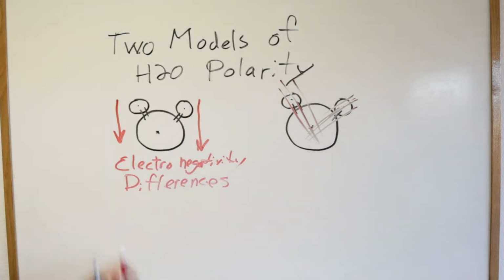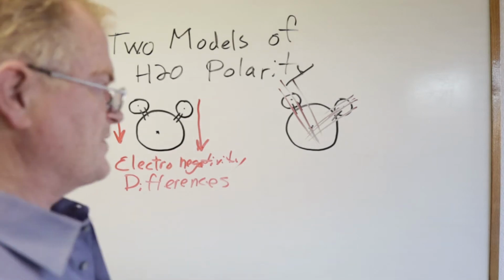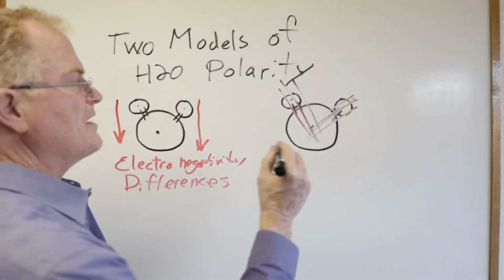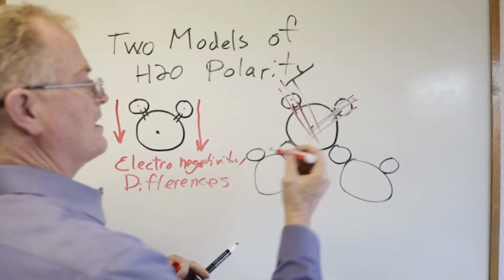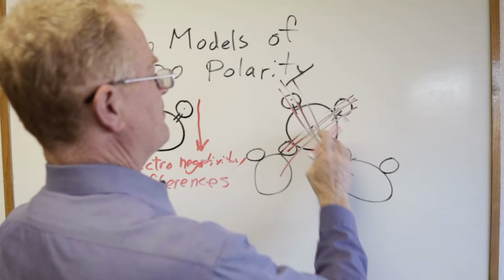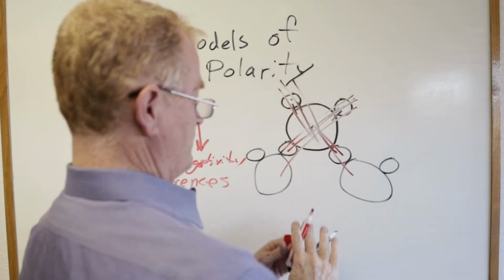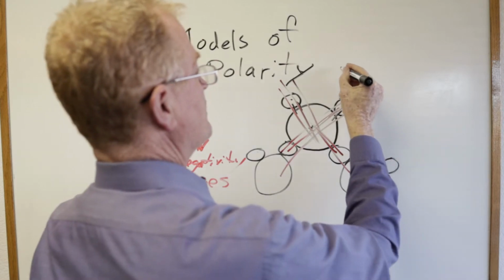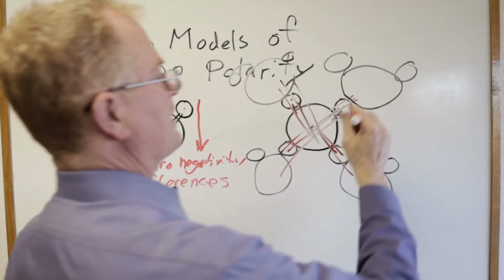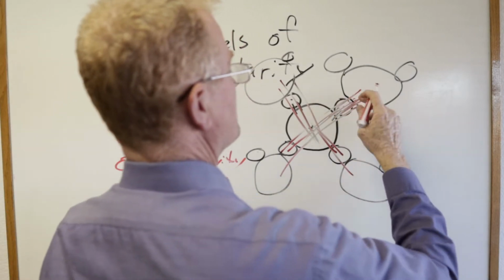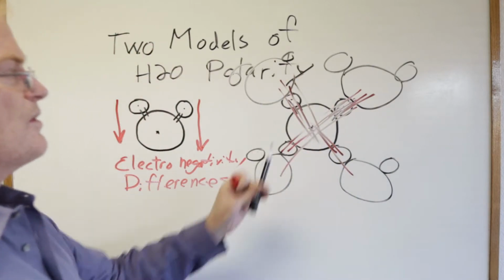And you might think, well, what's the big deal? Why does it really matter? Well, as I've explained in other videos, I don't know if you've seen those yet, but when you do draw in hydrogen bonds, these are other H2O molecules. They put in opposing electrical gradients. That opposes the electrical gradients going across this nuclei. And if we also put in hydrogen bonds right up here, there's another one right there. Now we have opposing electrical gradients coming from this direction that are opposing the gradients on the nuclei on the